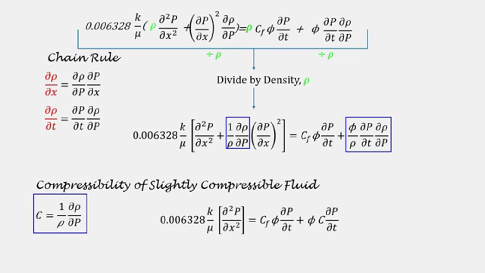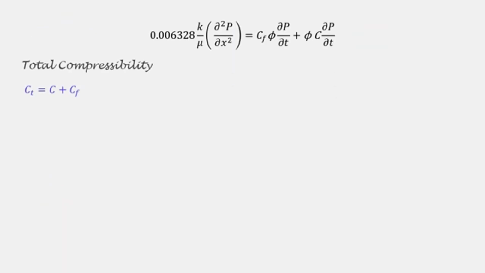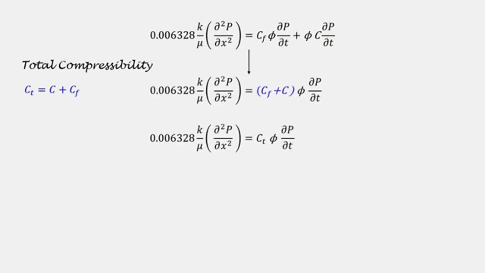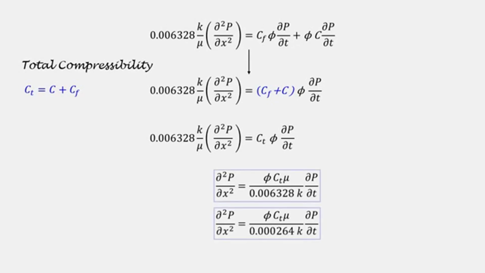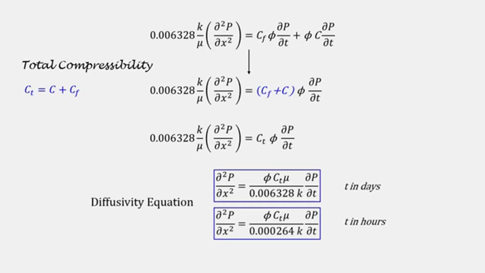The equation is further simplified, and as you can see, there's rock compressibility and fluid compressibility on the right side of the equation that leads to total compressibility Ct. The equation is rearranged, and finally we've got the diffusivity equation, one in terms of days and the other in